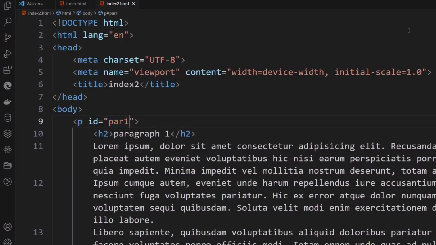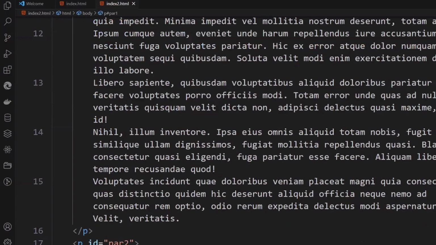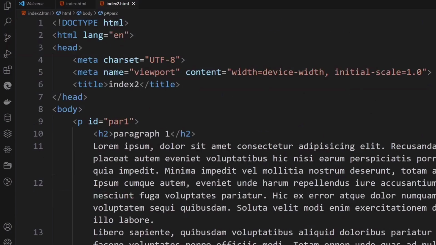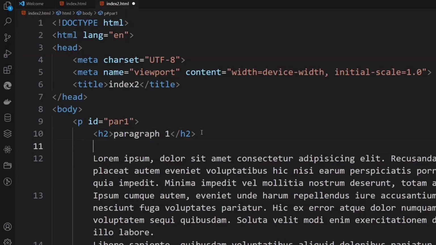So that is the ID for paragraph 1, and I also have a second paragraph which I have given an ID also. This time the ID is PAR2. Now within this page I'm going to create an anchor tag in my first paragraph. We can see that in the first paragraph we have a heading which contains the paragraph name, and then we have some random text generated below it. Now below the heading I'm going to add an anchor tag,